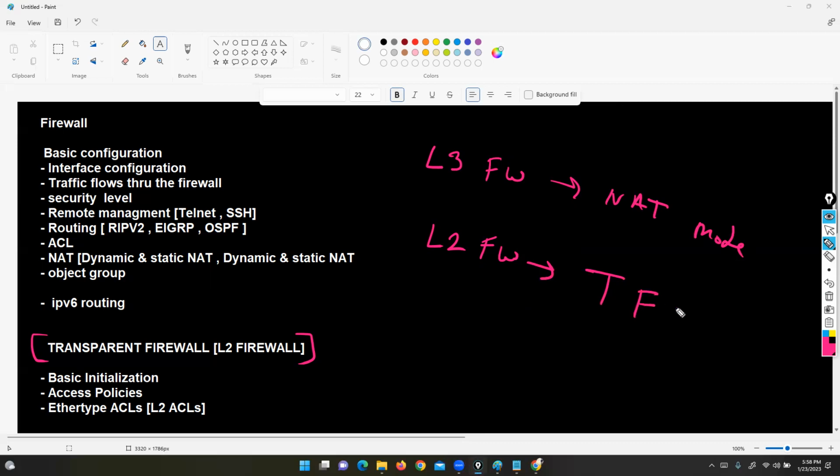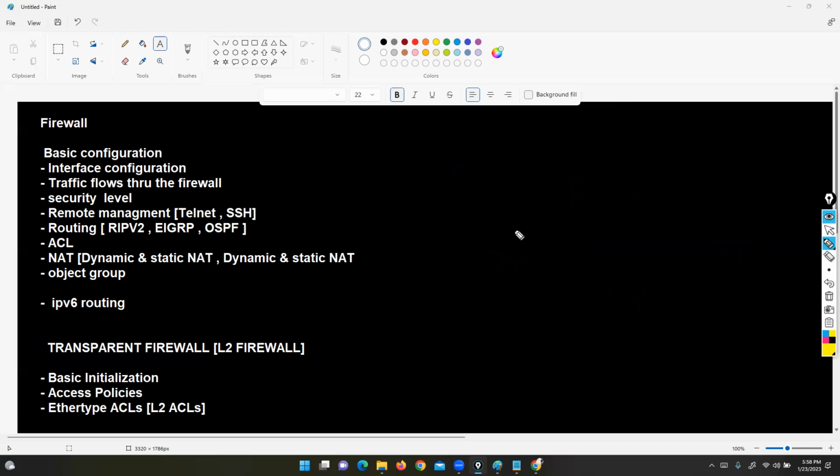Clear my point? Yeah, clear. So why layer 2? Why layer 2 firewall box? Because in case I have a layer 3 firewall,